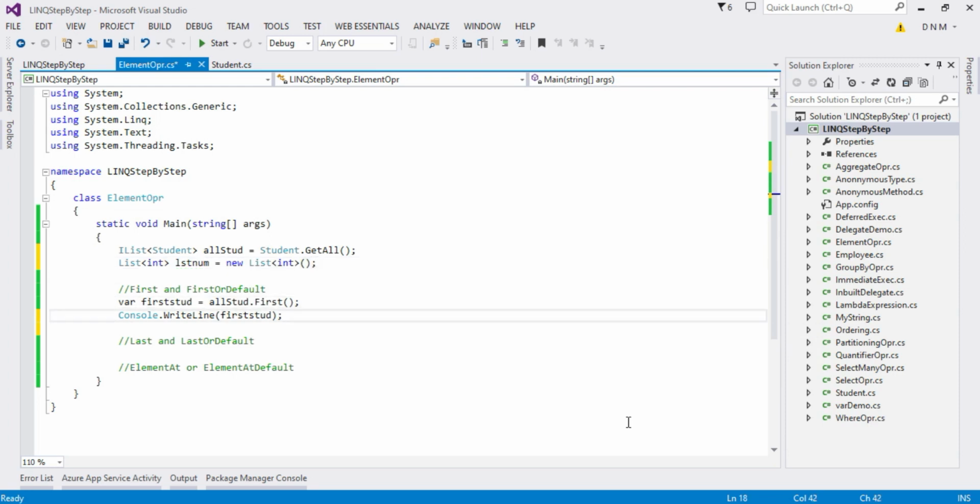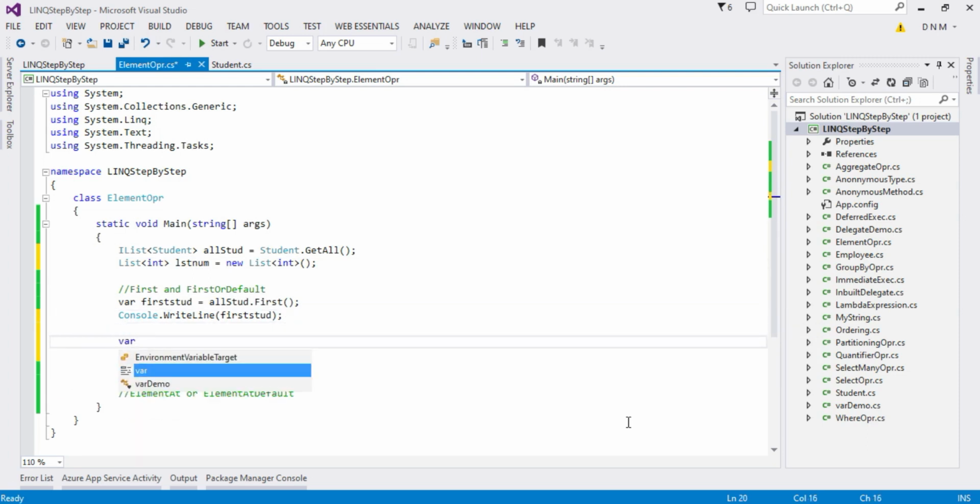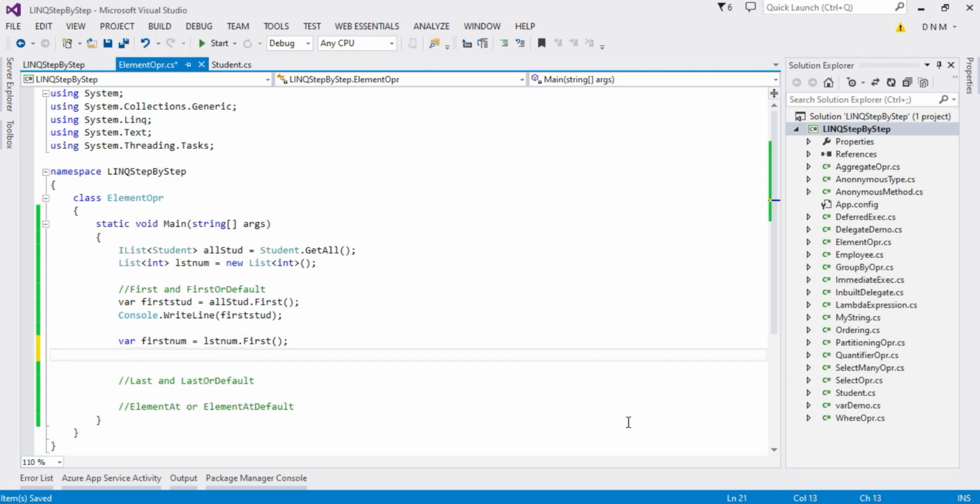Now I'll say var firstNum is equal to lstNumber dot first. Then we will execute this and observe the output. Let me print the output also: Console.WriteLine firstNum. Done.